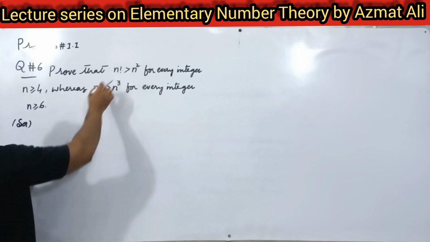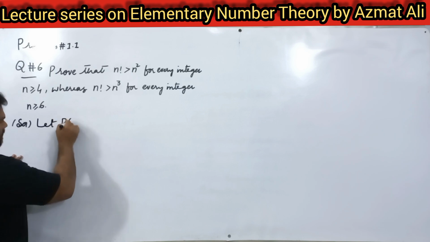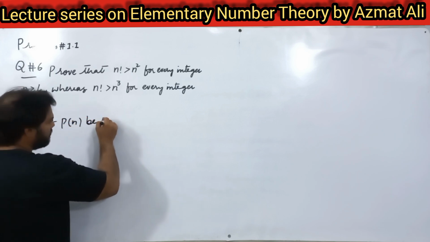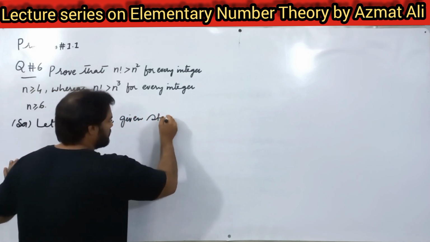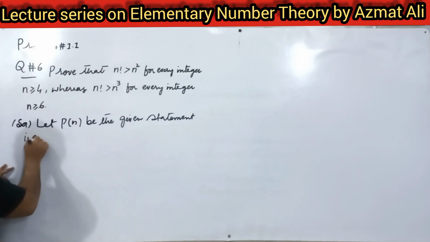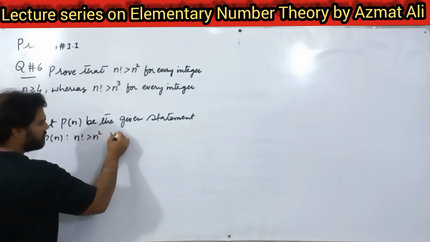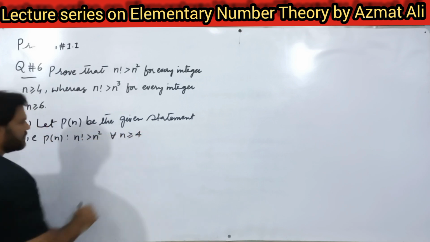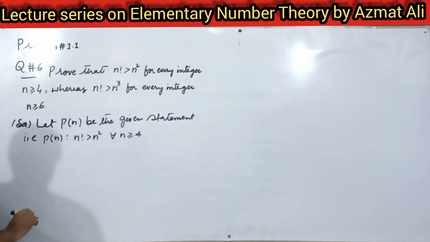Suppose that this statement is denoted by P of n. Let Pn be the given statement, that is, Pn is such that n factorial is greater than n square for all n greater than or equal to 4. This is our requirement that we have to show. I am using here the Principle of Mathematical Induction that says